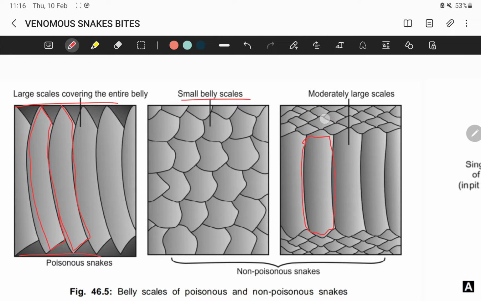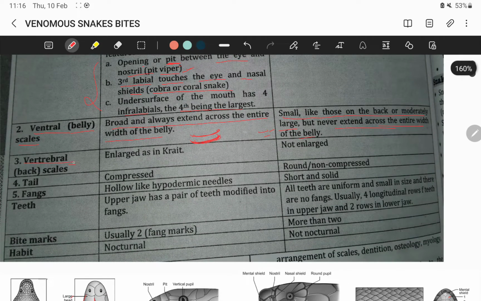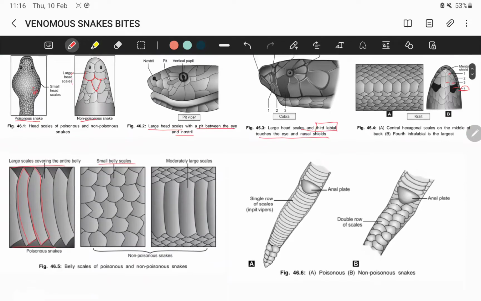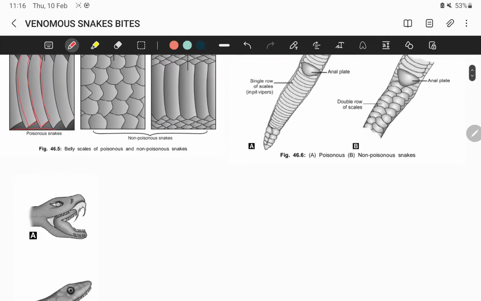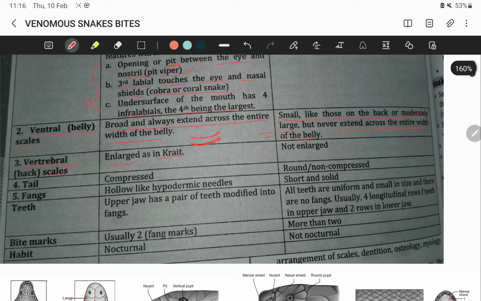So this is not present. So this is also an important feature. Another is the vertebral scale. Okay, the vertebral scale is enlarged in the krait. So the ventral belly scale and the vertebral scale are enlarged, same as the ventral, and then they are non-enlarged